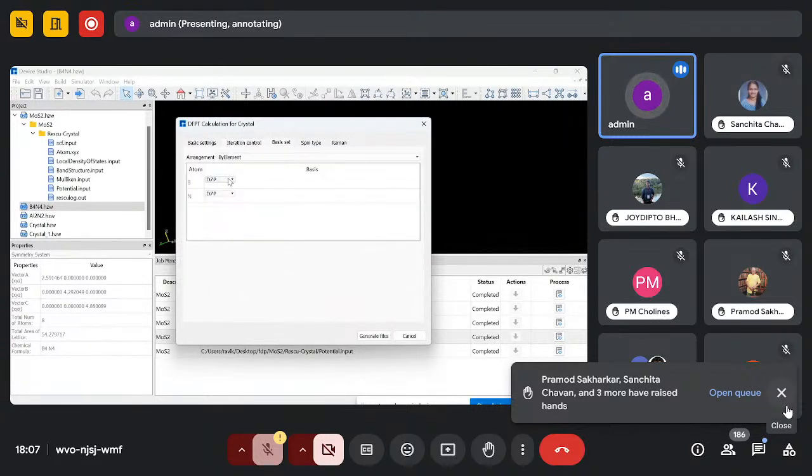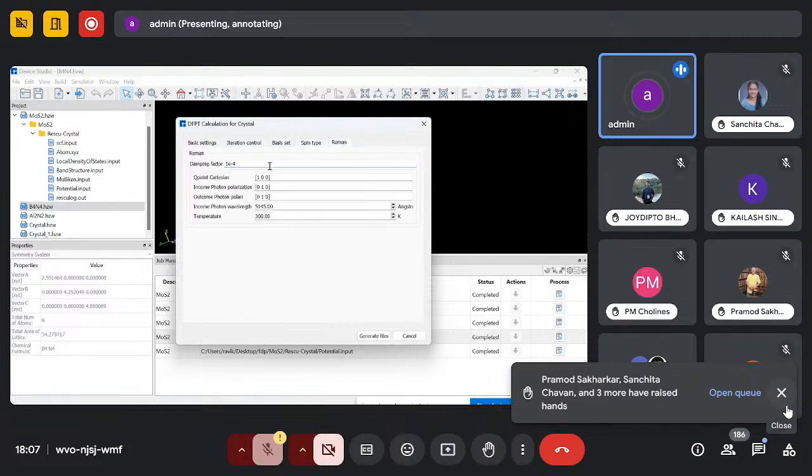Then go to the basis sets, where double zeta polarized and some single zeta polarized, and user-defined basis sets are also supported. By default, double zeta polarized is selected for both the boron and nitride elements. Then go to the spin type, and select if any spin is there. This is Raman